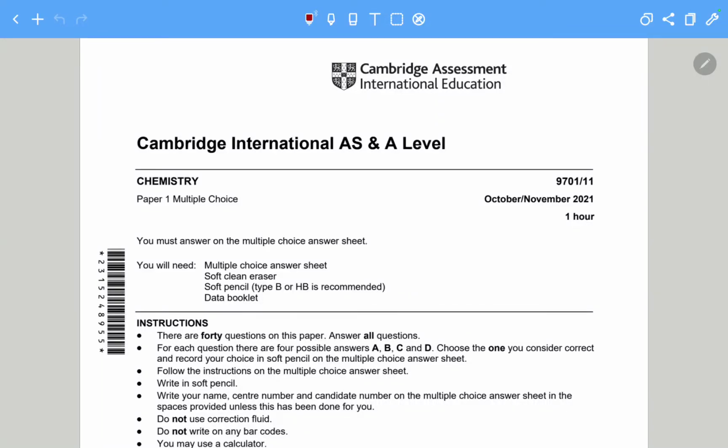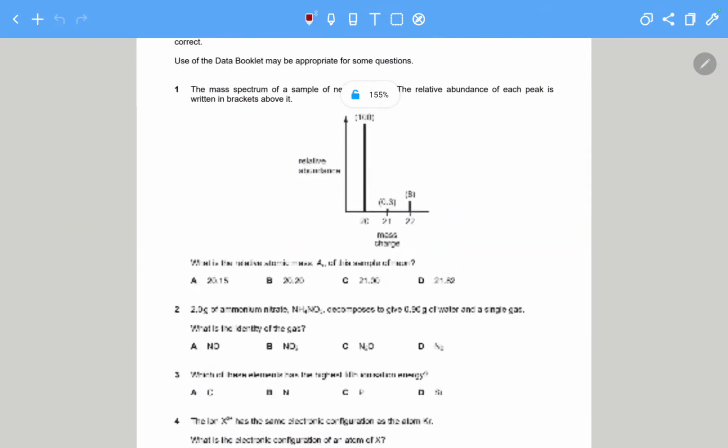Welcome to A-Level Chemistry. Today we will go through the October-November 2021 paper 11, which is the first variant of the multiple choice paper for this session. And while we go through the paper, I'll show you some tricks that you can use during the exams to